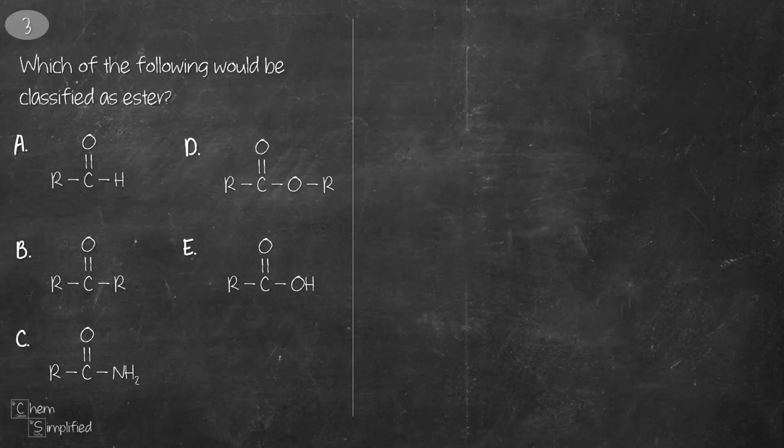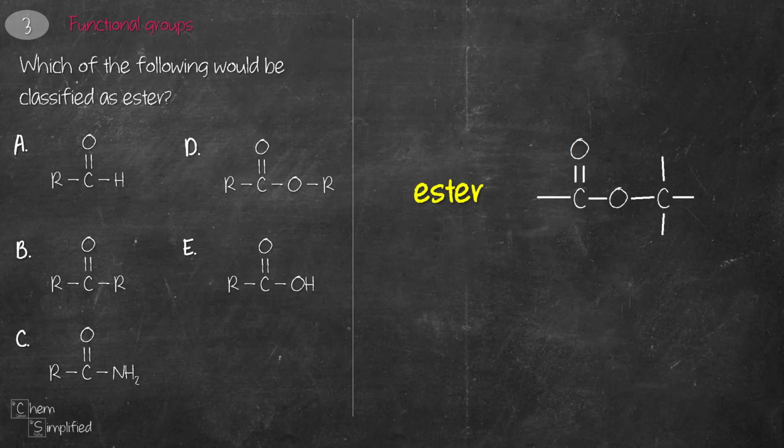This next question is asking us to identify ester. Now, ester contains C double bond O O, and that O is connected to a C. So therefore, looking at the 5 options that we have, the only one that fits that criteria is D. E is not an option because it's C double bond O O and that O is connected to H. That is a carboxylic acid. We're looking for ester where that COO, that second O, is connected to another carbon or an alkyl group, which is R.